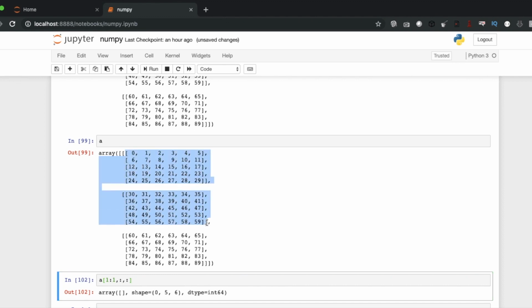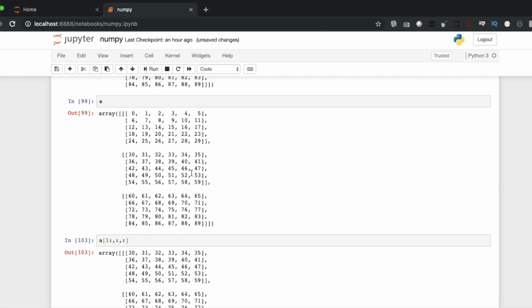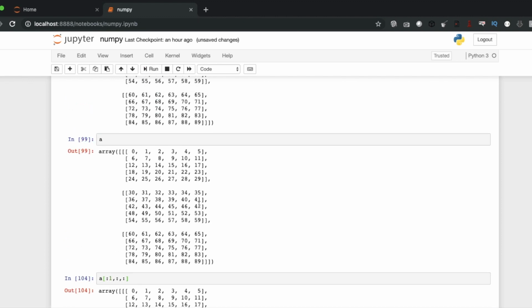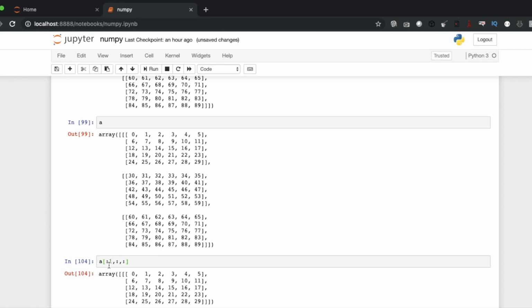This is not coming. Let me make it like this. This is going to print the 2. Now if I just need this one, then this is going to print the last one.